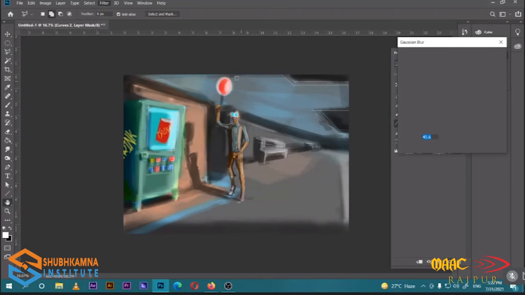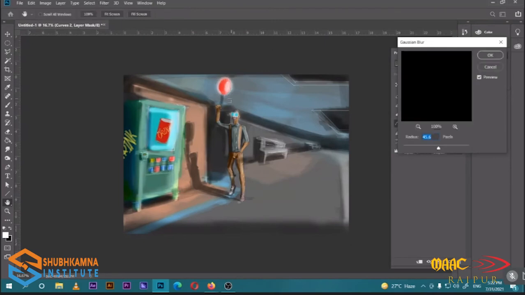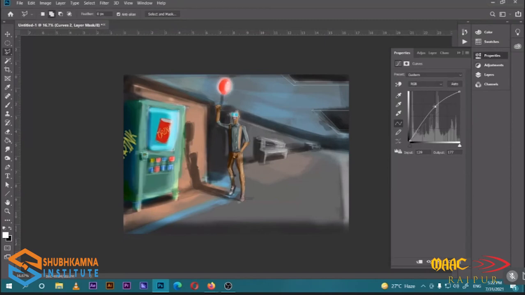That will be creating some soft lights for the eyes and everything. And you can even control them however you want, how much red you want, how much yellowish you want them to be lit.